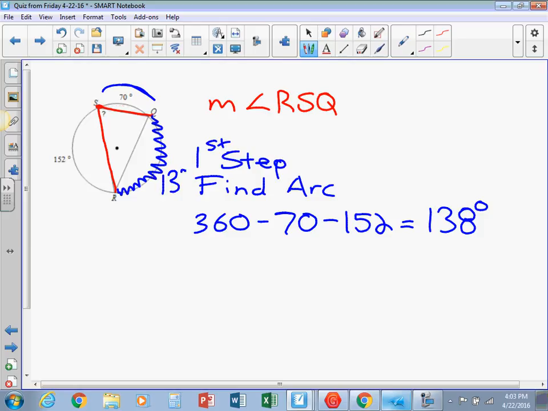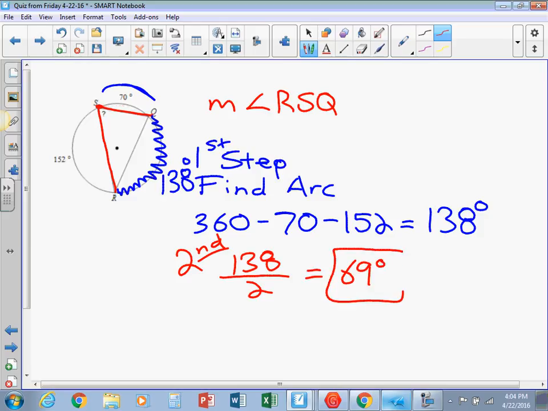Putting that here. Now, on the second step, I have to know a property of inscribed angles. Remember, inscribed angles are half of what their intercepted arc was. So I'm just going to take 138, cut that in half, and I wind up with 69 degrees for my answer. So again, found what they wanted,